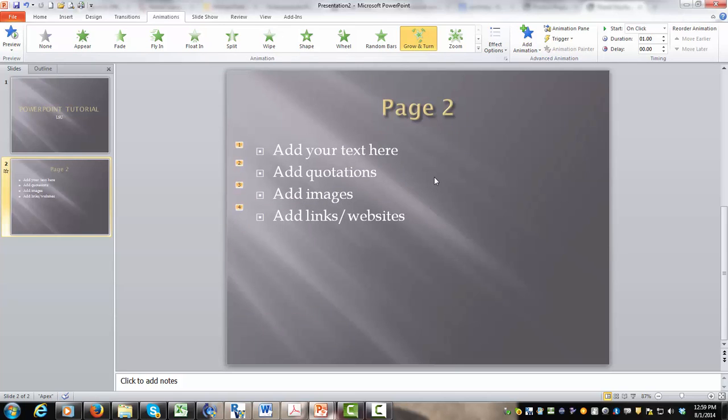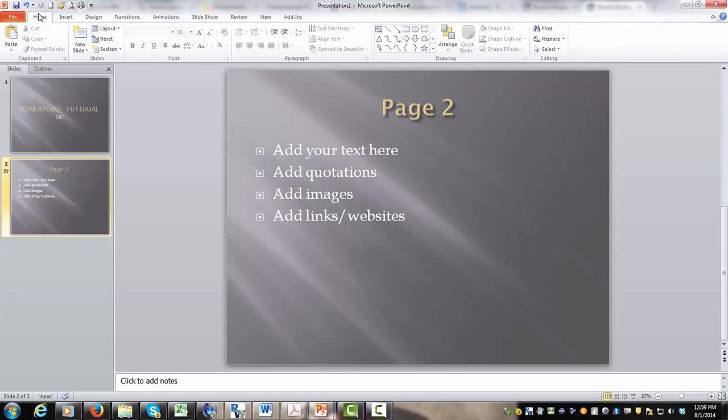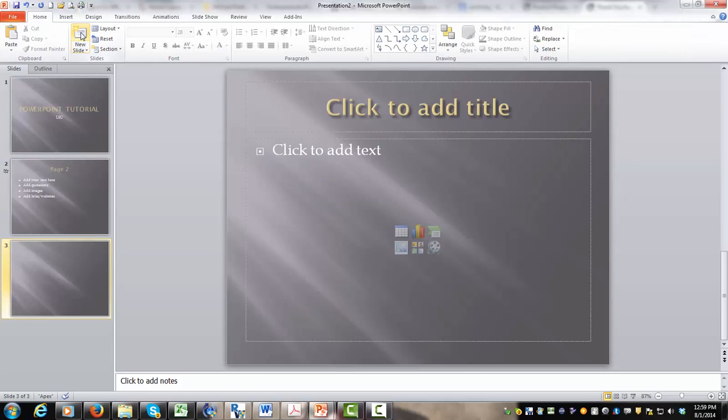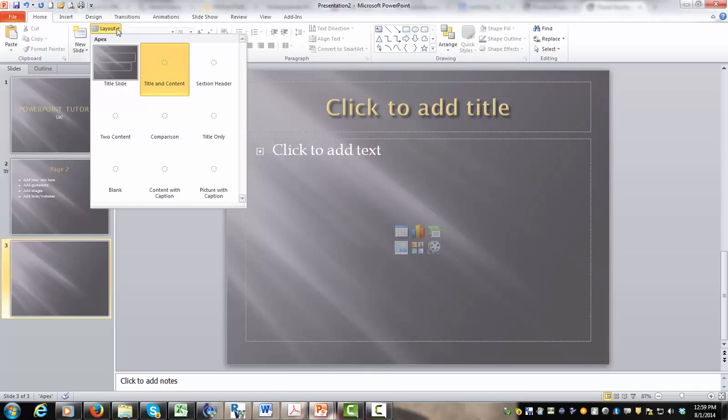So those are the ones I'm going to use for that one. Okay, so now I'm going to go back to the home page because I want to add a new slide. Okay, but you see it still has this header here and then this section. I want to change the layout of this because I want to add a couple of pictures with some text underneath it. So what I'm going to do is actually go to layout,